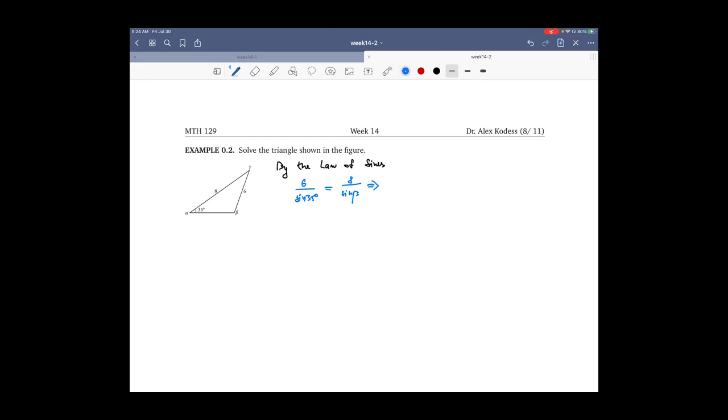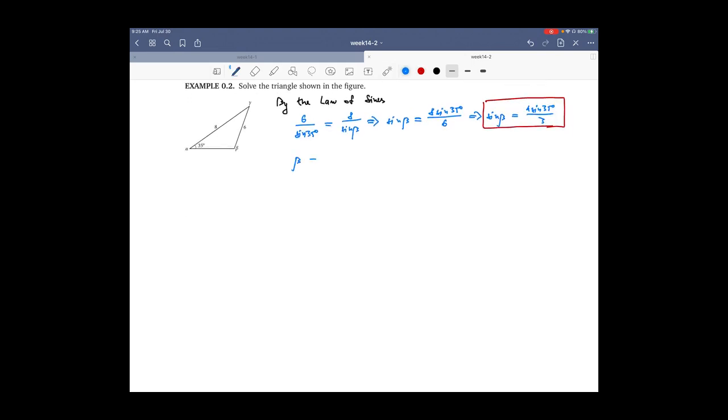From here, sine beta is 8 times sine 35 degrees divided by 6, or simply that sine beta equals 4 sine 35 degrees over 3. Now, if we simply write that beta equals arcsine of that number,